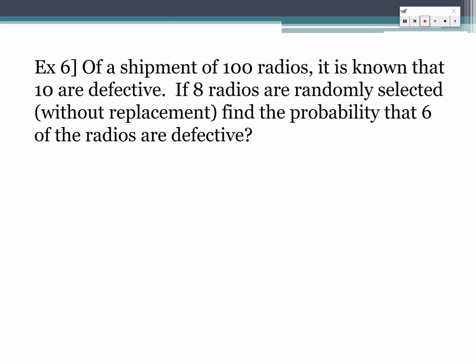Of a shipment of 100 radios, it is known that 10 are defective. If 8 radios are randomly selected without replacement, find the probability that 6 radios are defective. So probability of 6 defective. There are 10 total defectives. I want to choose 6 of them. Then there's 90 that are not defective. I want to choose 2 of those for a total of 8. There's 100 total radios. I want to choose 8 of them. So roughly,